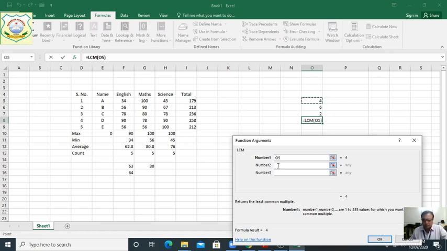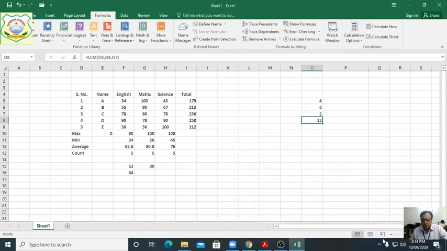Select here, next select this. Okay, now click on the OK button. For 12, 4, 6 and 2, when you find the LCM, you will get 12. Clear? In the same way, we are increasing this value.